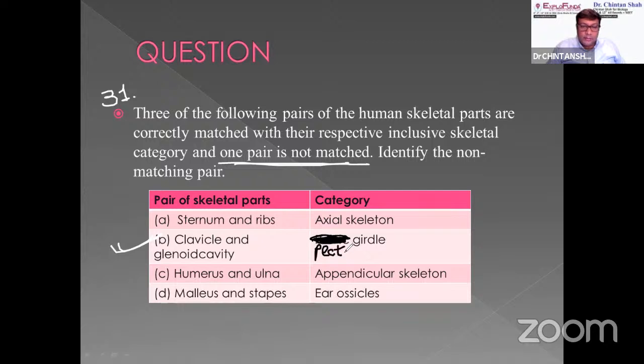Yes or no? And for pelvic girdle, it should be what? Femur and acetabulum. Yes, perfect. And if you don't want to change this side, and if you want to change over here, then we should write down that the femur and acetabulum cavity. Okay. So if you are okay with the 31,